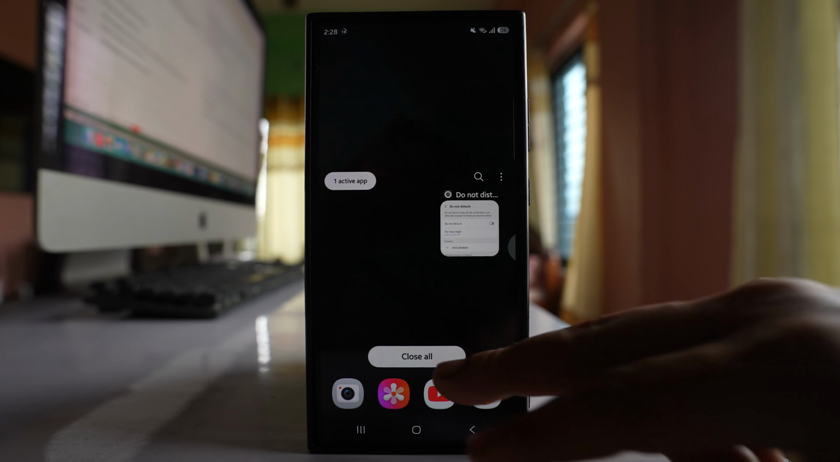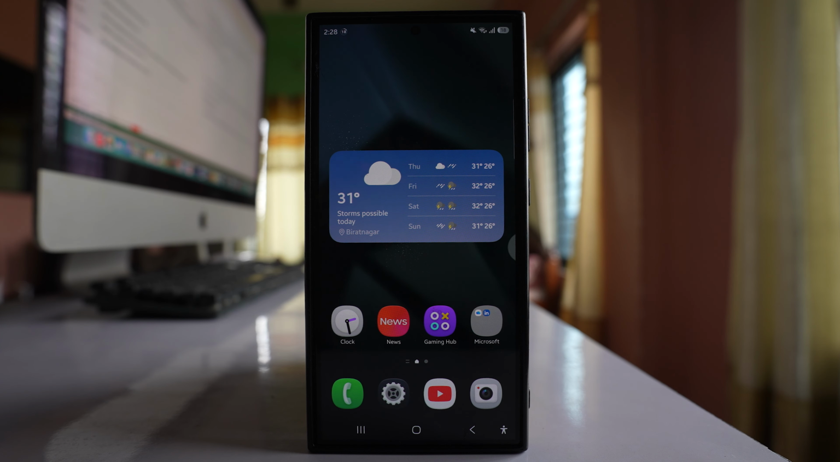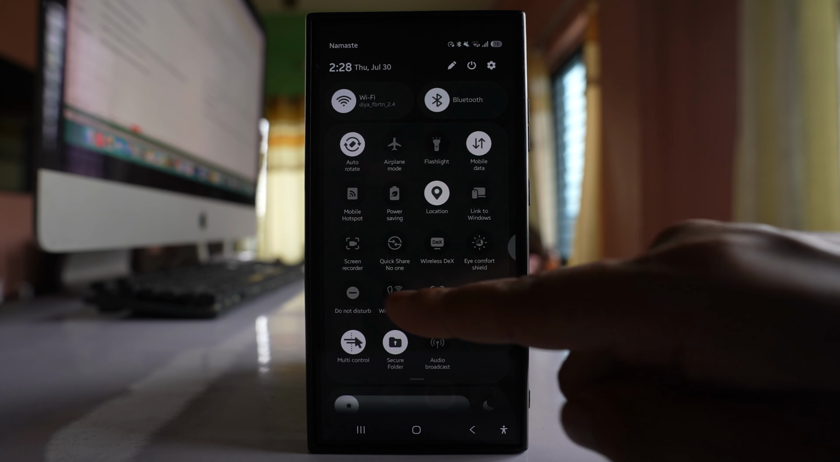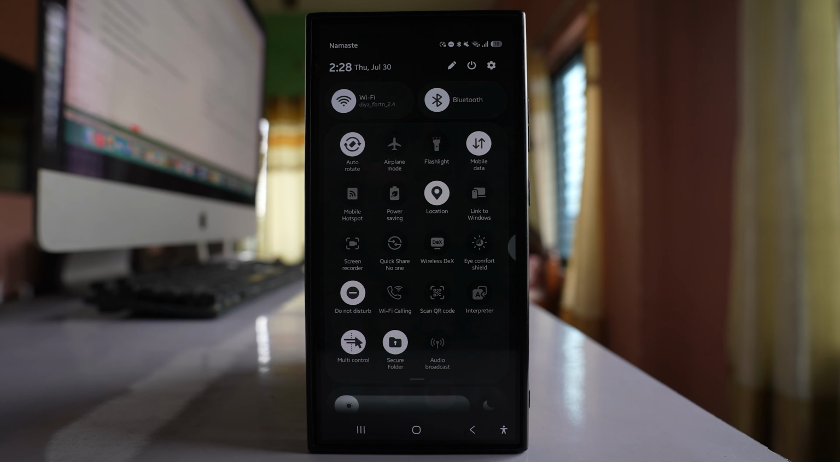Now let me see what happens this time when I want to enable do not disturb mode. So I will open the quick settings panel again, pull it down and enable do not disturb. Now this time if you see, phone does not ask me for how long I want to enable do not